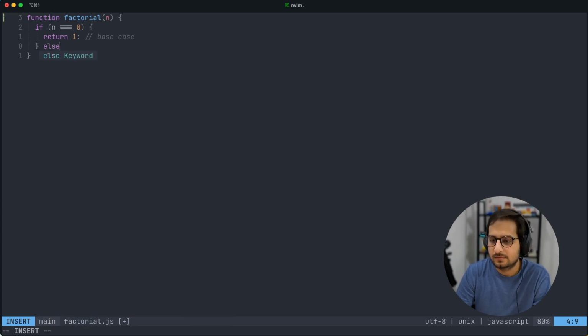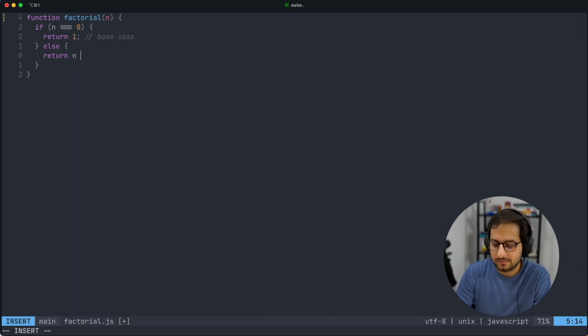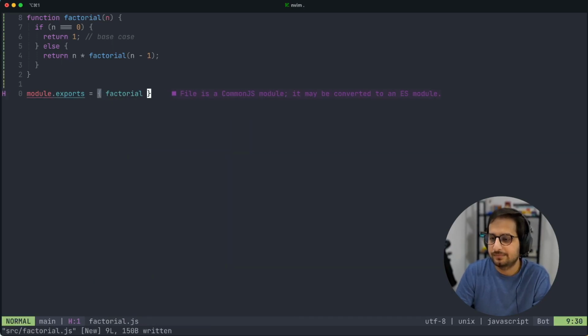Else, we simply return the n multiplied by factorial of n minus 1. Let's export this method and save it. Let me open a new tab